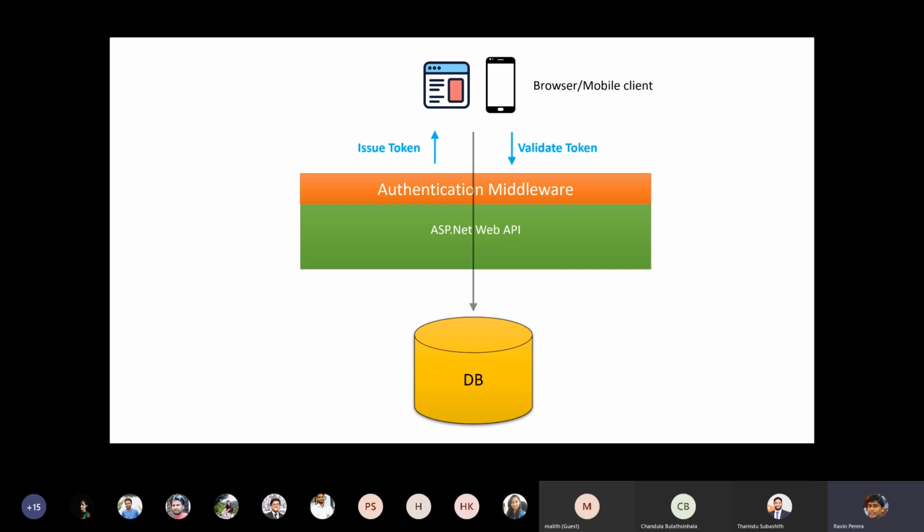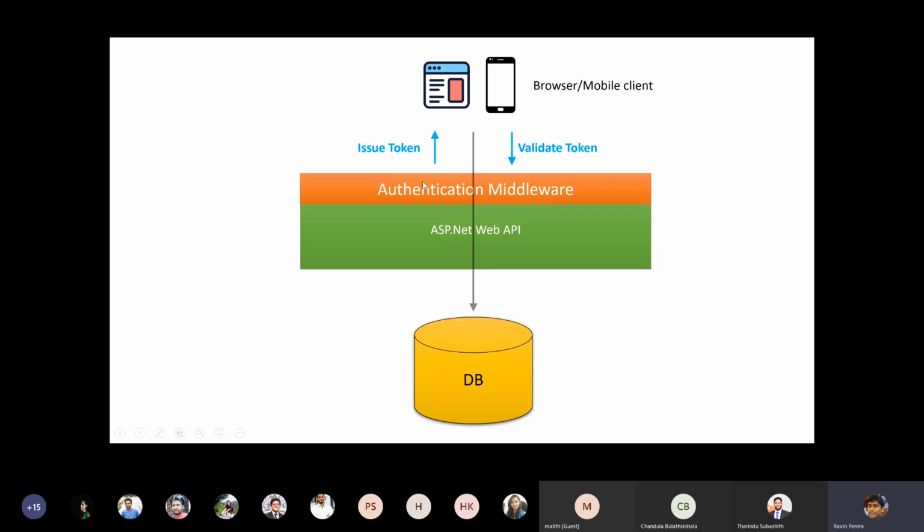So what does this authentication middleware do? If you remember your project's startup.cs, we normally configure the middleware in startup.cs. We might say use cookie authentication, or use JWT bearer token authentication. I think people who have configured projects during the initiation phase would be familiar with it, but some other people might not be familiar with these terms. Now, this is like a gate within the ASP.NET Web API, which takes care of issuing the authentication tokens and validating the incoming tokens.